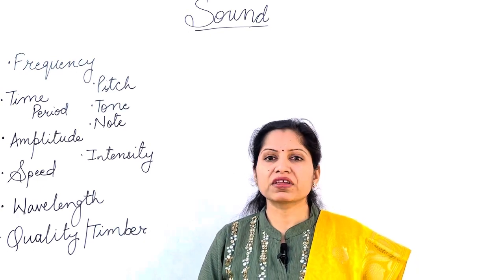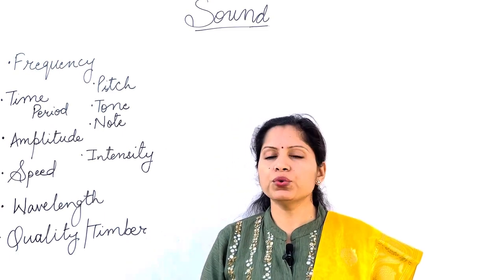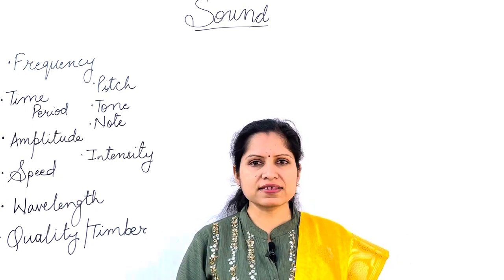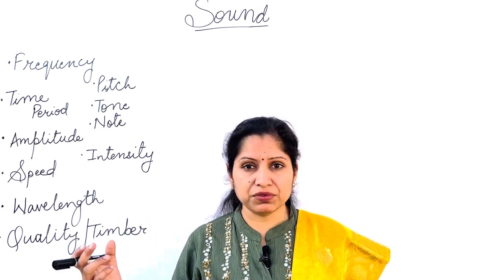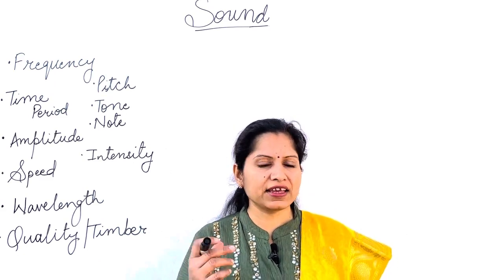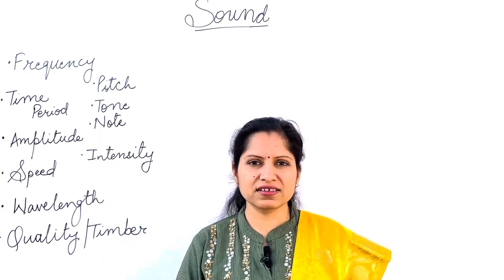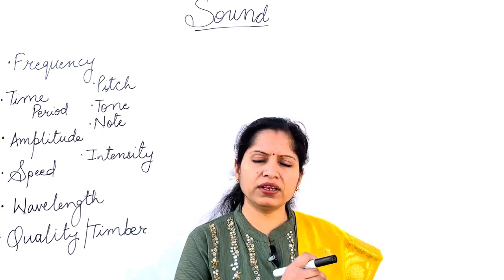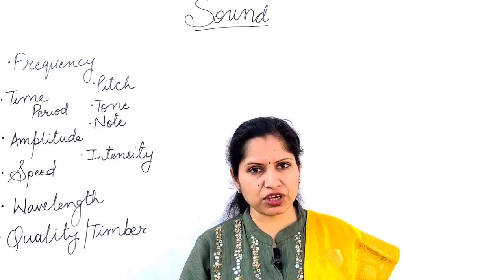Let's talk about it. Sound waves are mechanical waves. Mechanical waves are those waves which need a medium to travel. So when the sound is traveling, that requires a medium. That is different from light, because light doesn't require any medium. It can travel even in vacuum. But sound always requires some medium, and it cannot travel in vacuum. That is why we get the light from the sun, but we can't hear the sounds going on in space. So let's see what is happening when the sound waves are moving, when it's propagating from one place to another, how this propagation is going on.